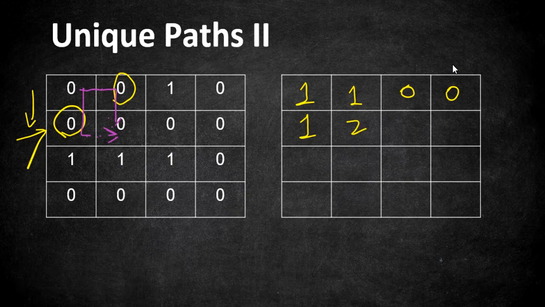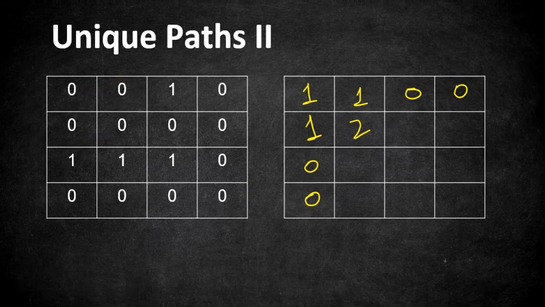So now from the cell 1 comma 0, we are trying to move down. In that case, the value there is 1. So that is a blockage, so it cannot move to that cell. So I'm going to put 0. So as I'm putting 0 there, there is a block, so it further cannot move down. So my next cell down is also going to have 0 possibilities to reach that cell. So right now we have filled our first row, first column and the cell 1 comma 1.